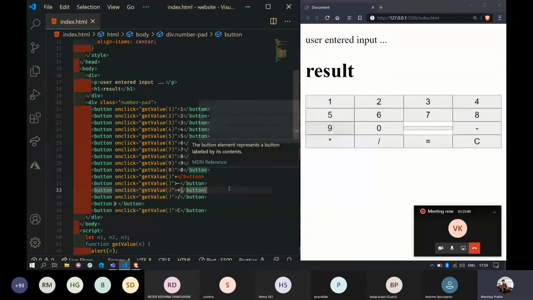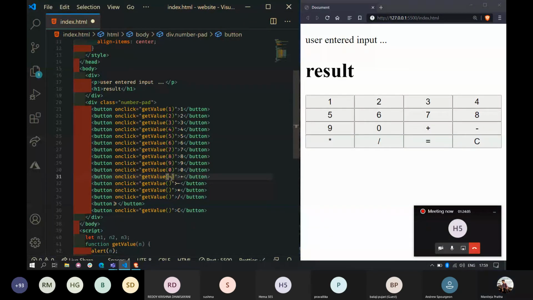Okay, forgot the closing quote. Whenever the user clicks this plus, I need to send this plus, enclosed in quotes. Oh my god, it's still showing an error. Let's do one thing.